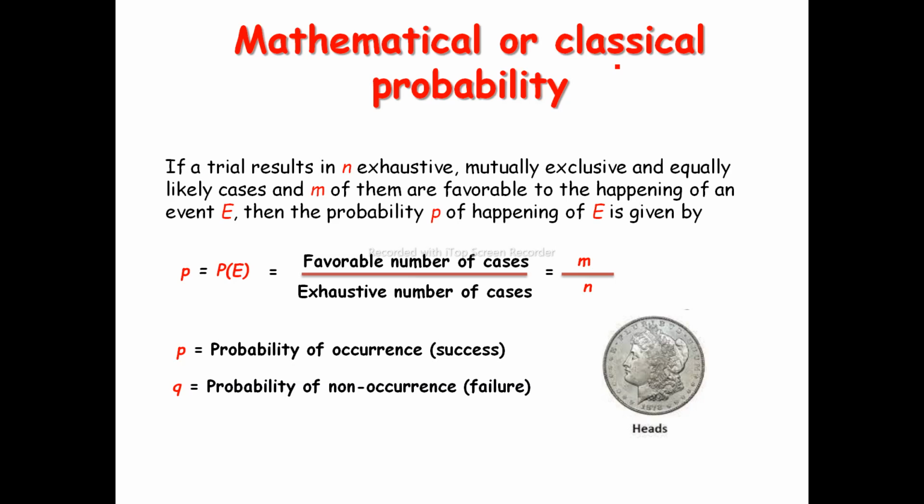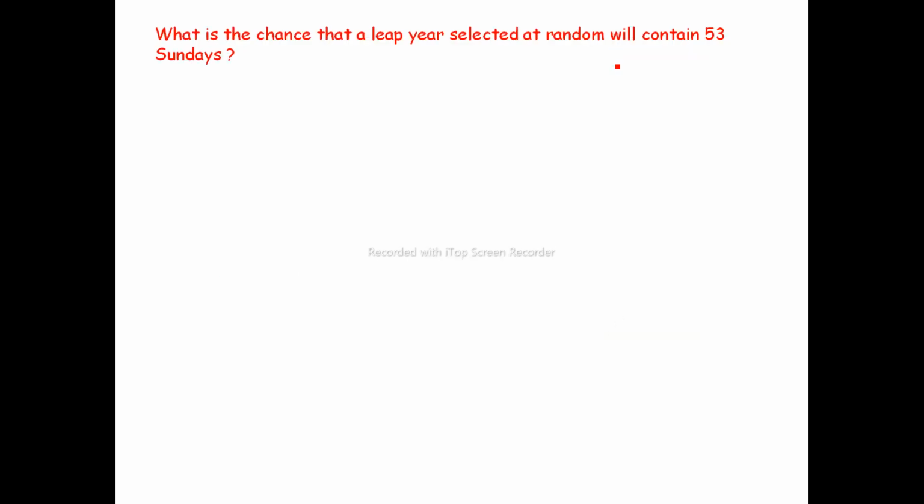Now the probability P is 1 by 2, half chances of success and half chances of failure. When you add P plus Q, half plus half, how much will it be? It will be 1. So the probability of success plus the probability of failure is always equal to 1. Always we have 50% chance of success and 50% chance of failure. Fine. Let us have an example.